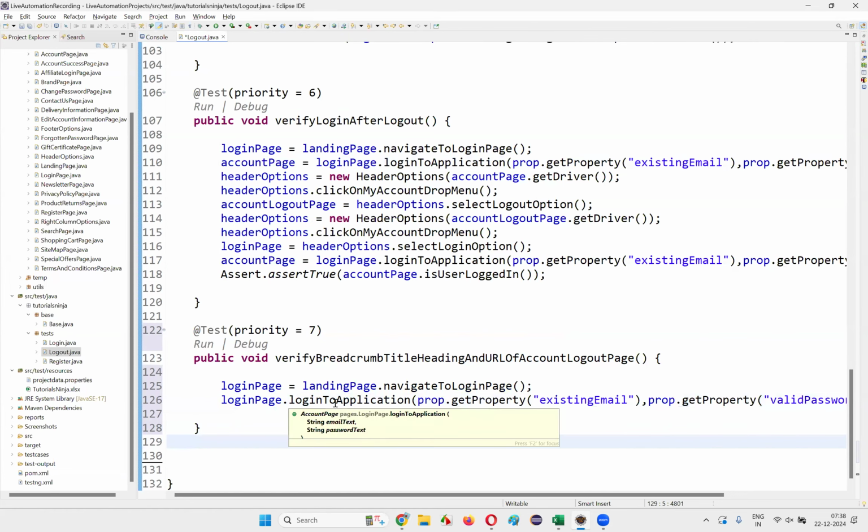And after going to the account page here, I need to get to the driver. Driver is equal to account page dot get driver, and put a semicolon here. Once you get the driver here, guys,